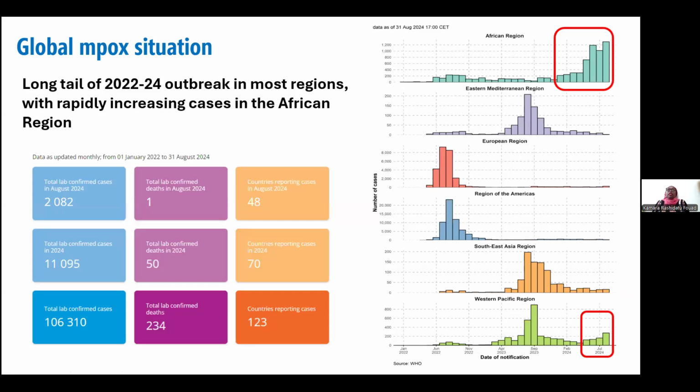So basically what we've been seeing is a long tail of this outbreak. That is, it started in 2022, and most regions were affected. And as of today, we have a total of about 106,300 lab-confirmed cases, of which 234 people have died, and 123 countries are reporting. But I'd like for us to take a look at the trend on my right, and